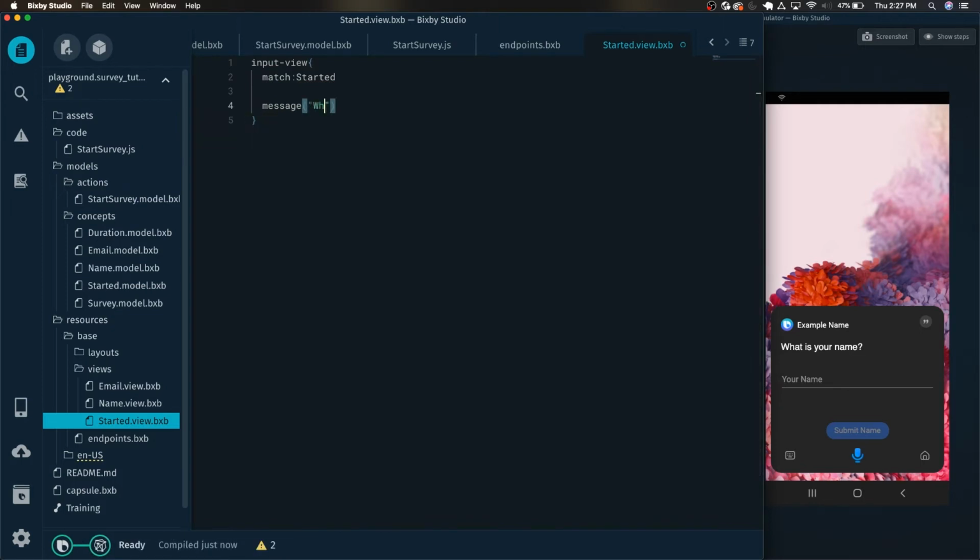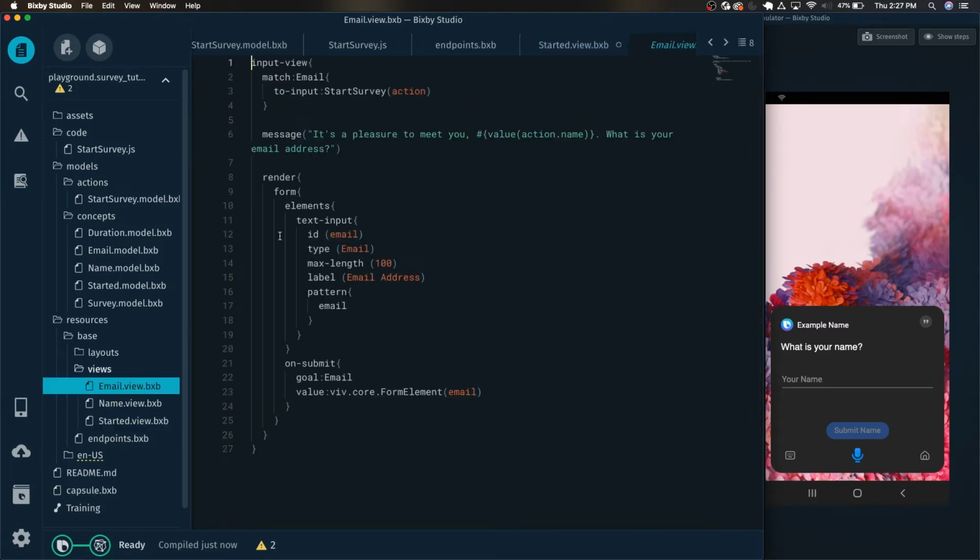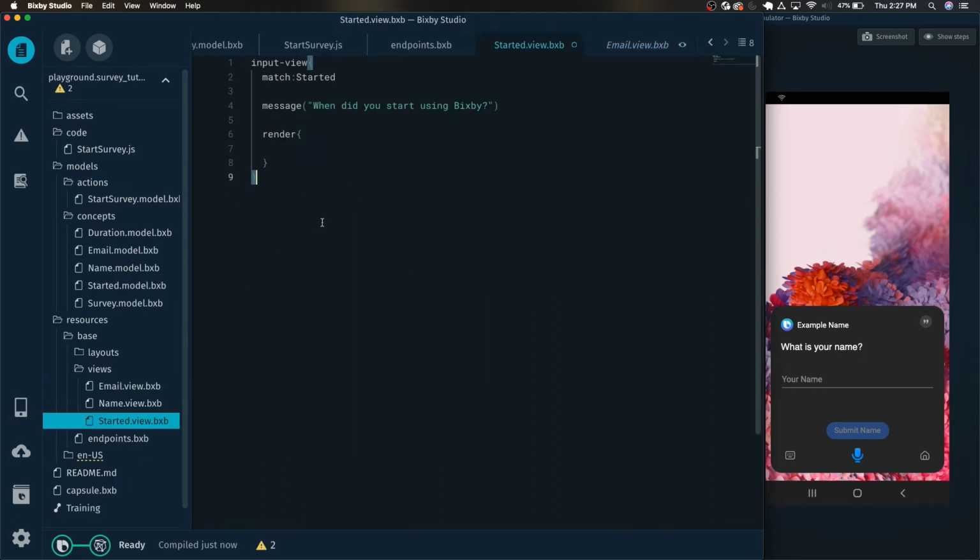We'll present a message, when did you start using Bixby? And we're going to have the render, and this is actually going to be a different thing than, for example, this, where we use this form with elements for the email as an example. For this one, we have a specific input view component called the date picker, which is perfect for picking a